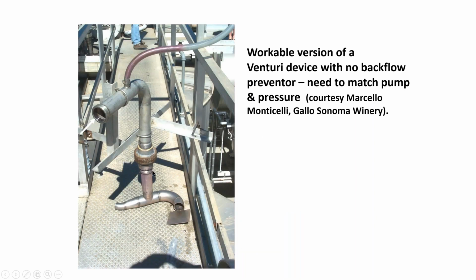So this is one of the first venturis that we tried to do. This was from Pascal, an idea from Pascal Chatonnet. These were devices that Marcello Monticelli at Gallo had made up for 80-ton fermenters up at Gallo Sonoma. They were great, except